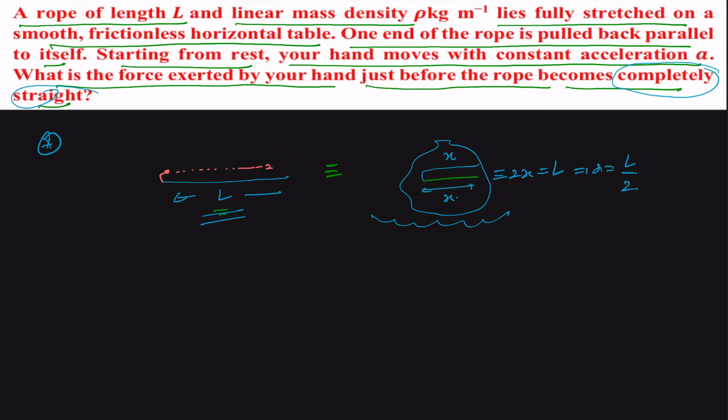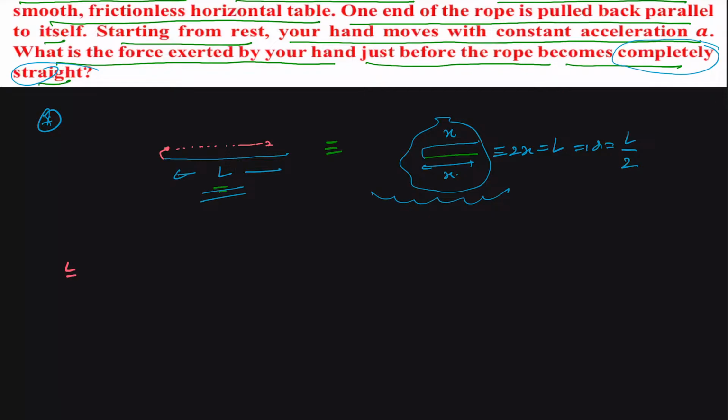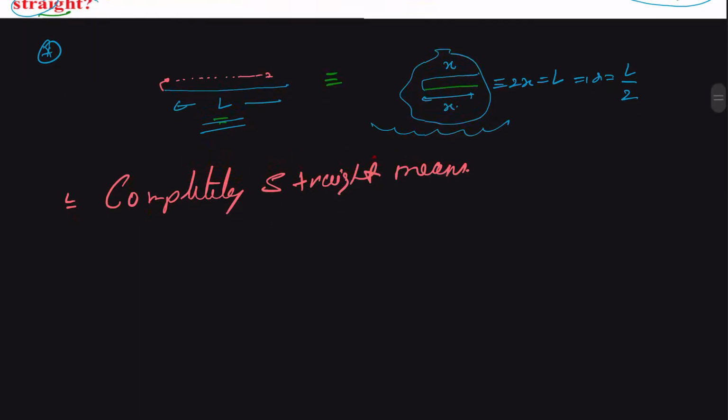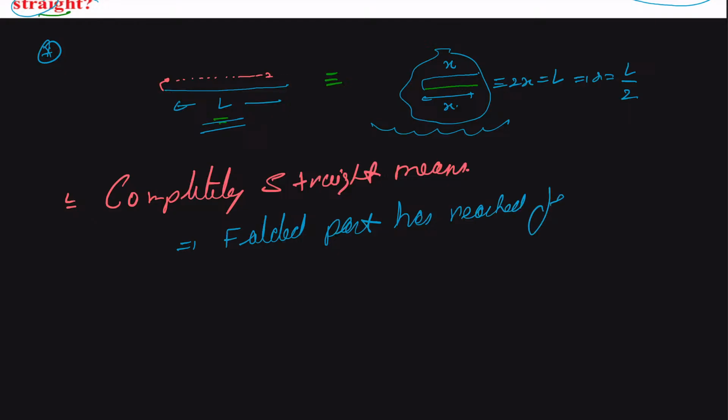So we can define it that completely straight means that the folded part has reached the far end of the rope,